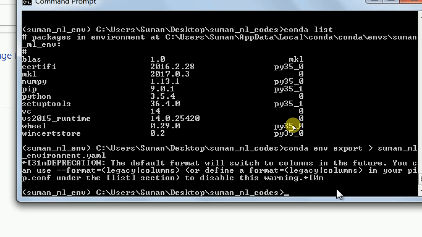So to recreate that, you have to use the code conda env create -n the environment name, then the .yml file. The command you can check from the PDF or in the description box. I will give the commands. Okay, so this is the basic thing, right? This way you can create the environment, and you can